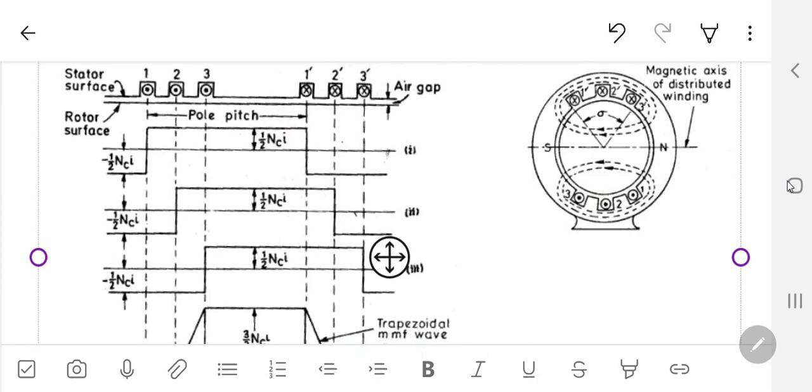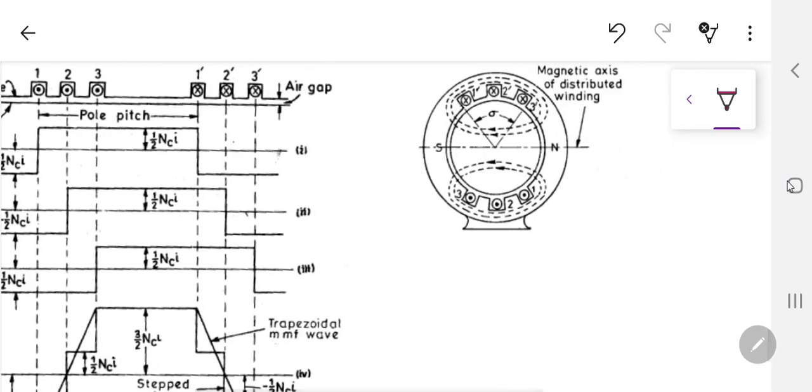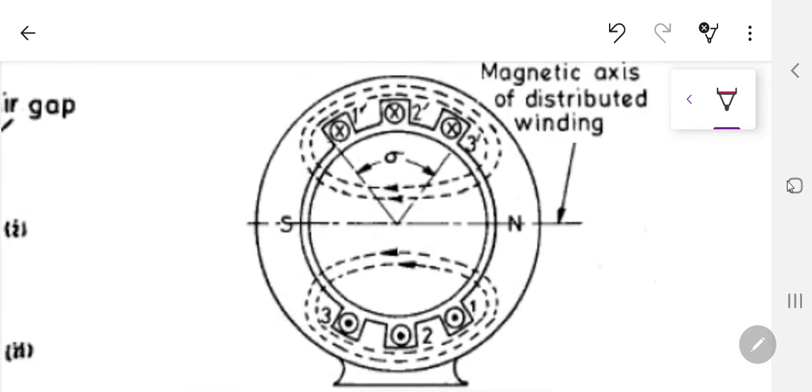Okay, now I have just imported over here a simple picture, and as you can see in this picture, what I have done is a distributed winding. Again, I have made only one phase over here. This is the A phase. As you can see, this is A, and you can call it A dash over there,